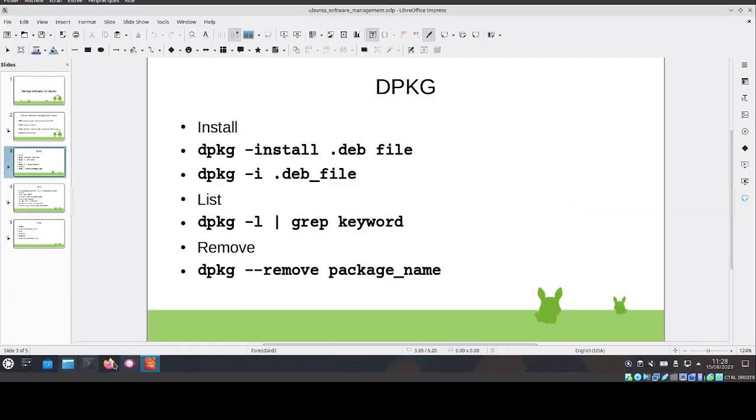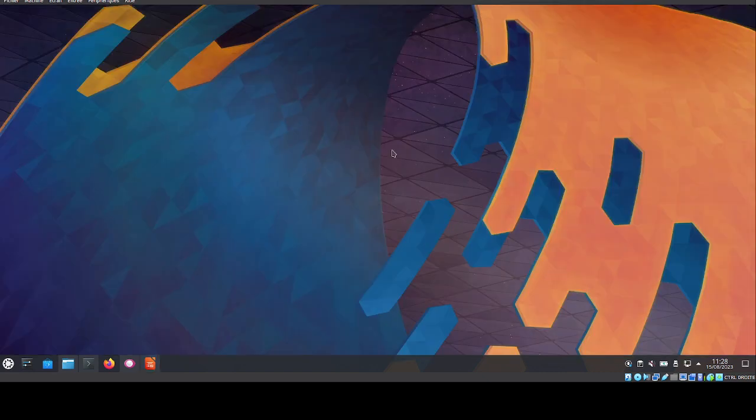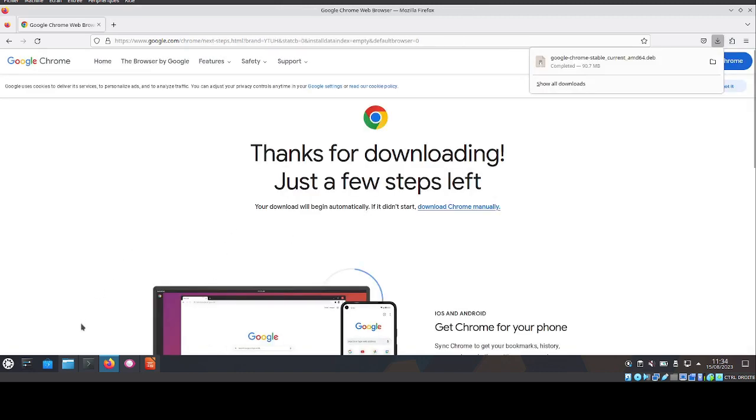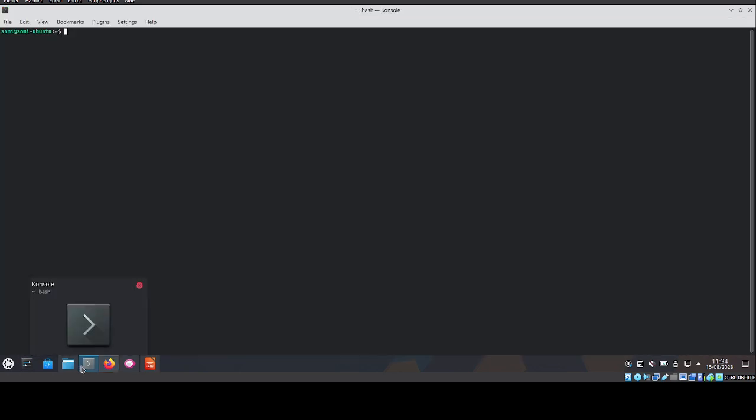We have to install, for example, Google Chrome, which is available on the website. So I will download Chrome, which proposes .deb for Ubuntu and Debian, or RPM for Fedora and openSUSE. I will download the deb file. Here we have the file downloaded. So we'll open a terminal and go to the downloads folder